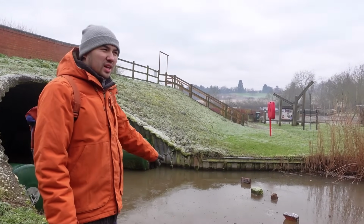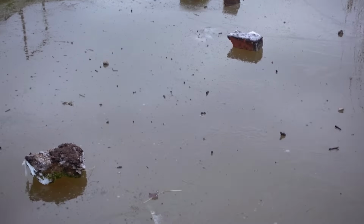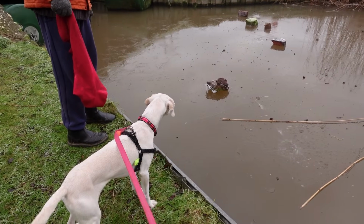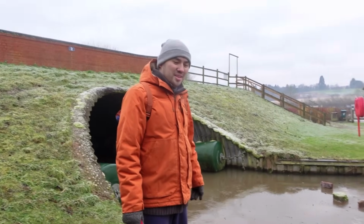Just goes to show how thick the ice can get. Thrown some bricks at it and it's not even gone through. Oh, Rufus isn't happy about that. You tell it off, Rufus. I know, they shouldn't really do it, should they? Because then it sinks and it can...